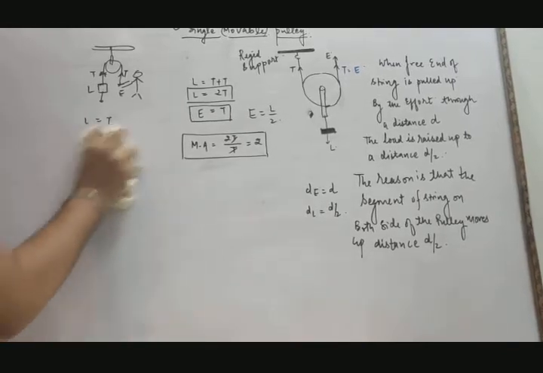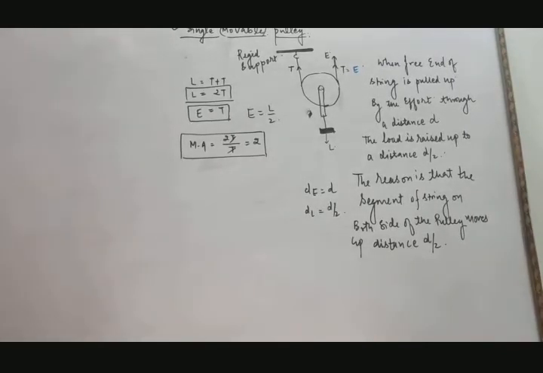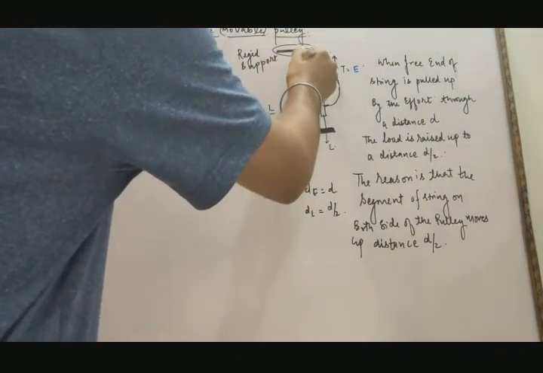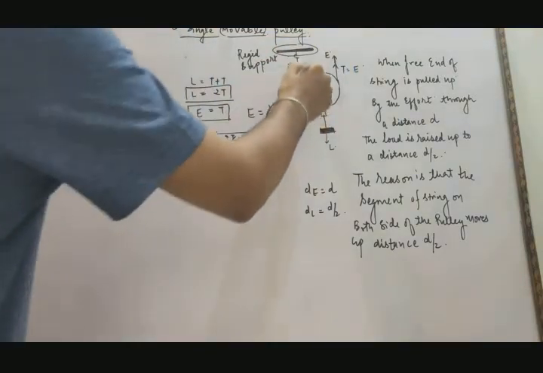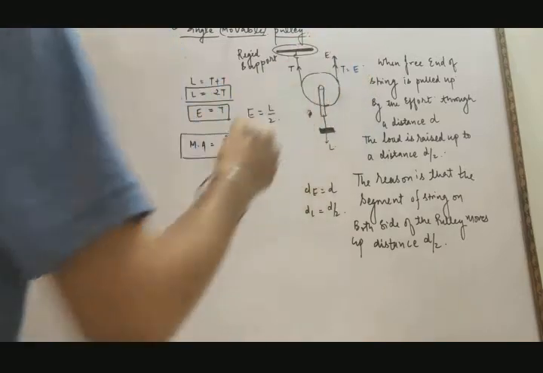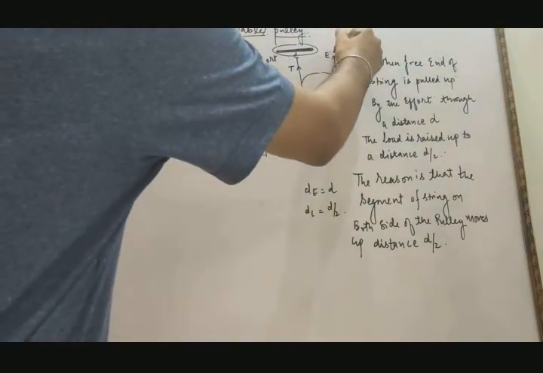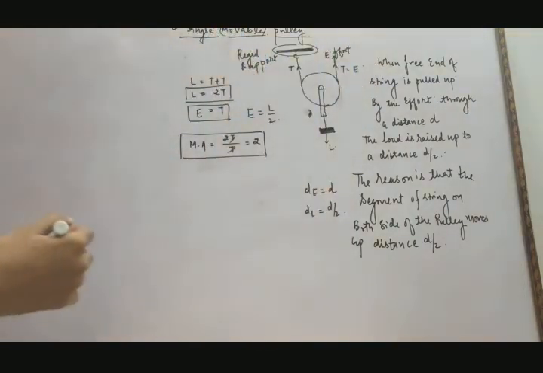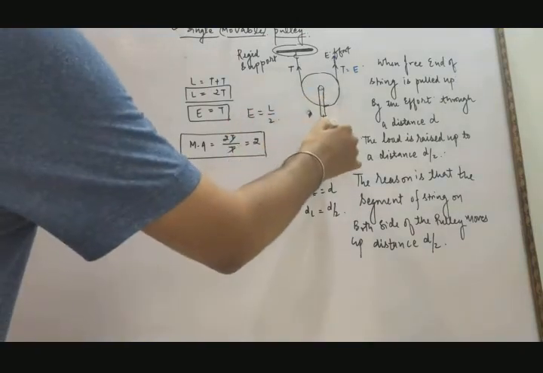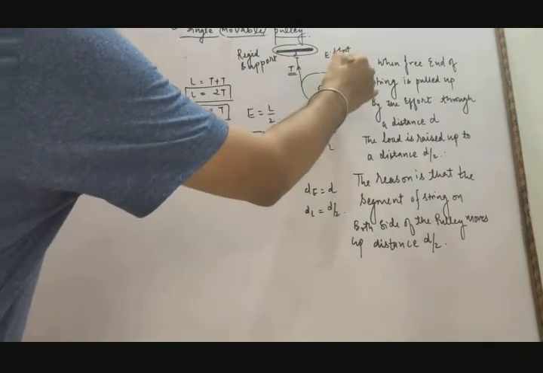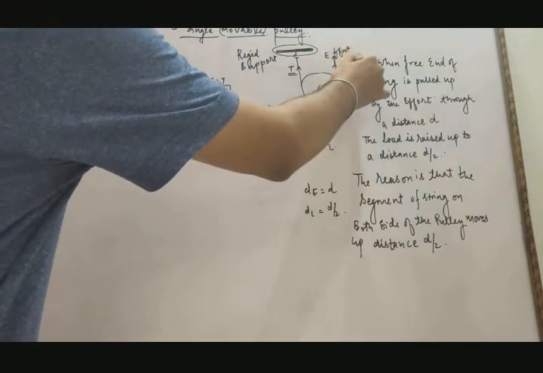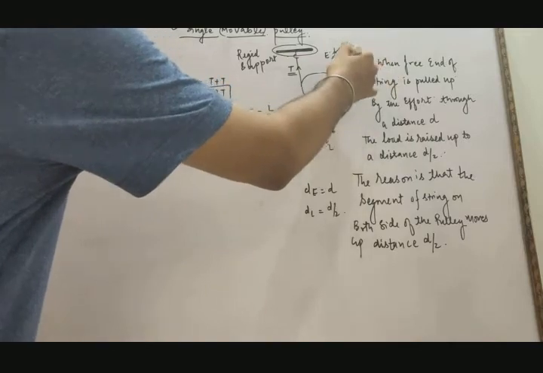Now in this lecture we will study the single movable pulley. So single movable pulley: suppose this is the rigid support from where one end is fixed, and this is the pulley which is attached to a load, and this is the other portion from where the effort is applied. You can notice that this load is balanced by two tensions, this tension and this tension. And this effort is equal to the tension. Please remember, please note it down.